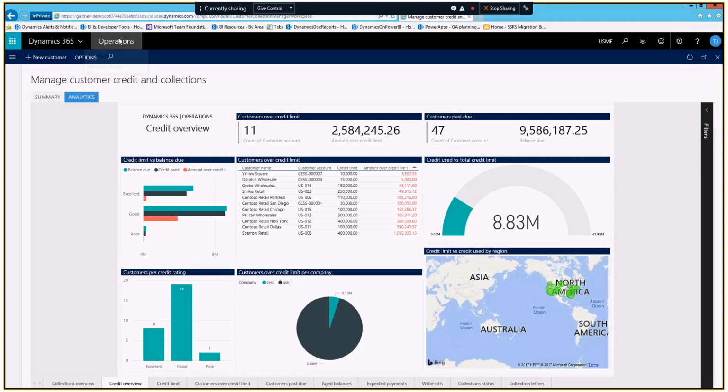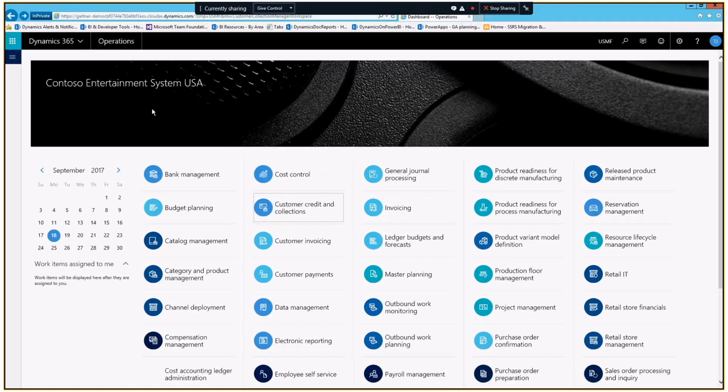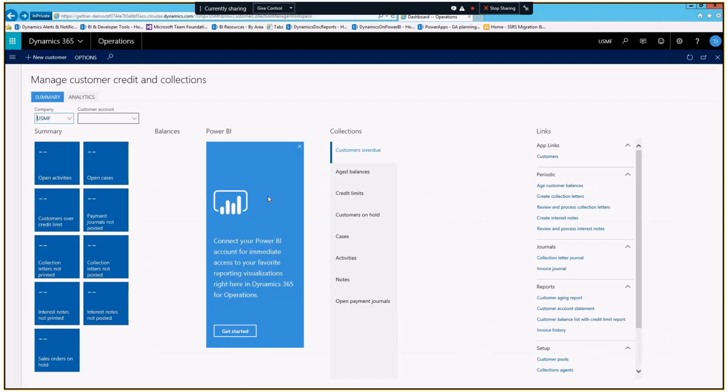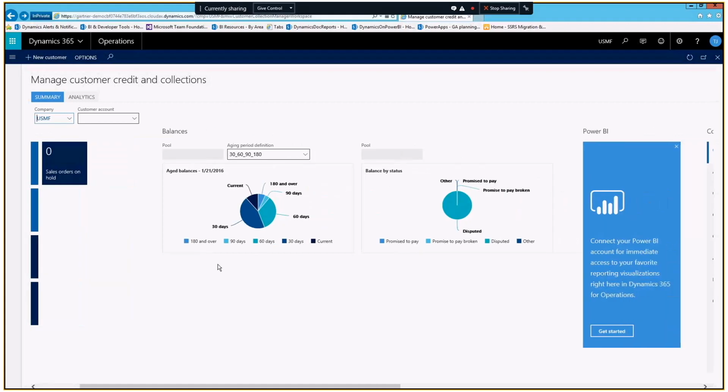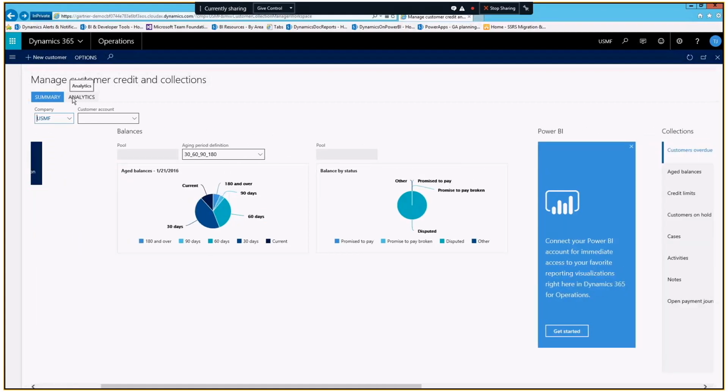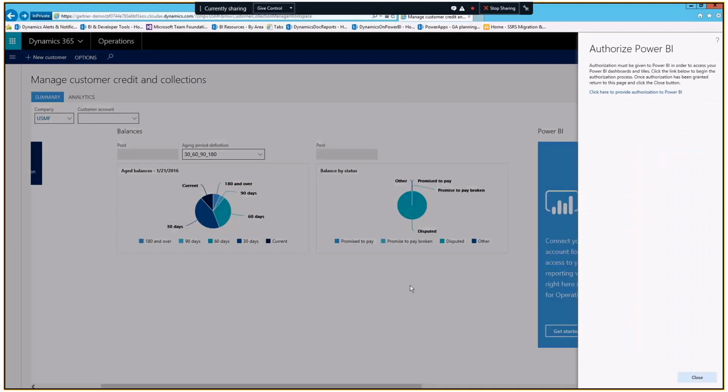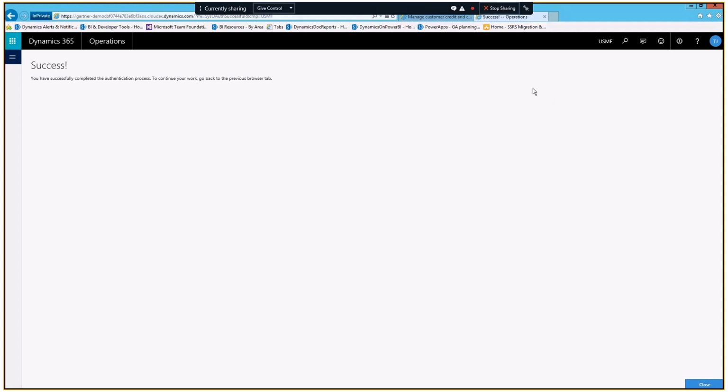And so that's a really quick look at the embedded experience, just from an end user's perspective. I also wanted to quickly showcase some ways that you can take advantage of solutions that have perhaps been hosted on PowerBI.com. So we'll come back and use where before you had this analytics tab. That's an embedded solution that comes with the app. I also have the ability to, through personalizations, bring in some Power BI content that perhaps has been shared with me in my organization, or that I've created on my own